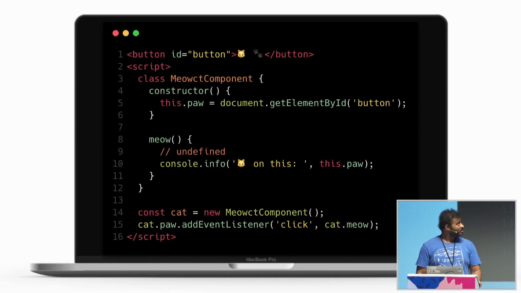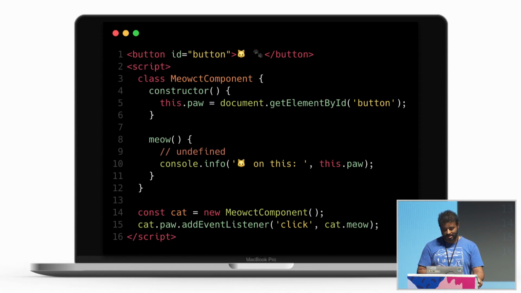So I will show you my Meowct component, and it's a very simple class. It has just one parameter and one method. If you look at line 15 here, you will see that whenever I click on the button, I want to console log the cat.poll property, but actually my intention is to print the button element.